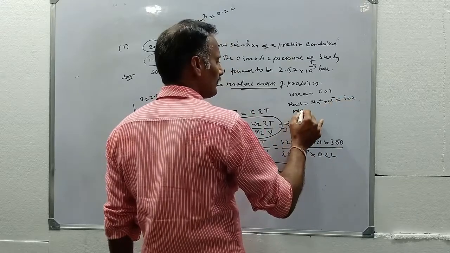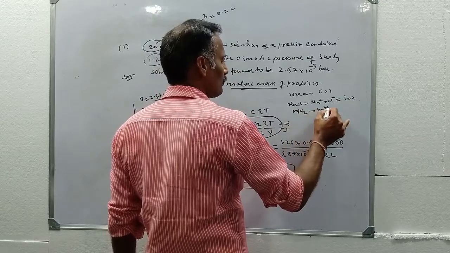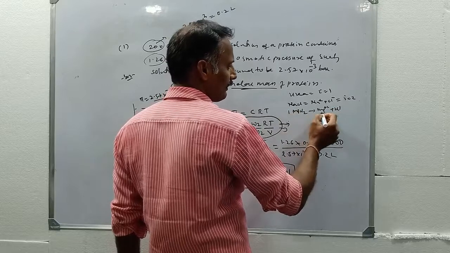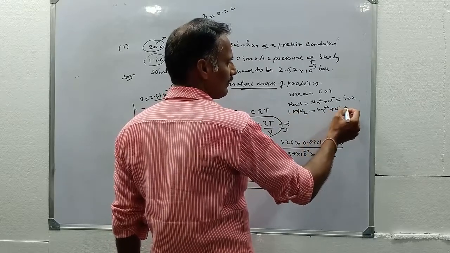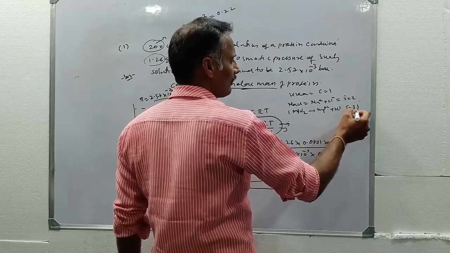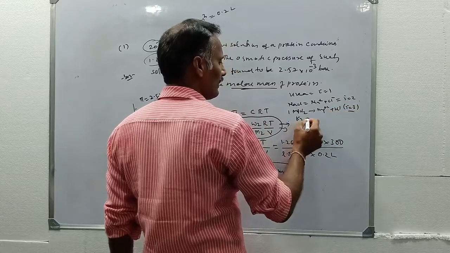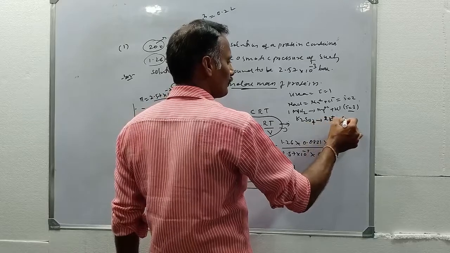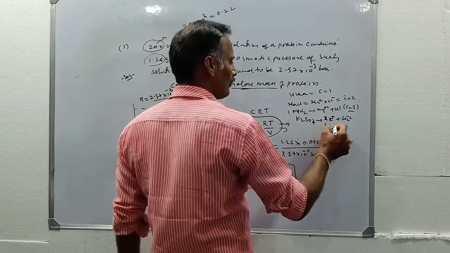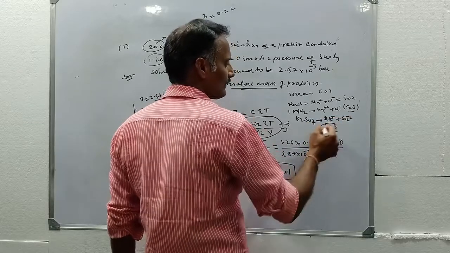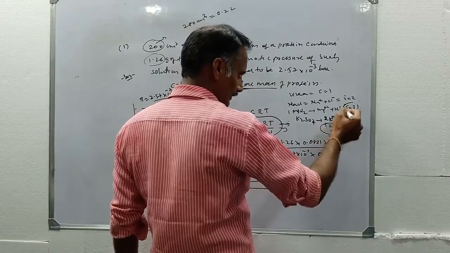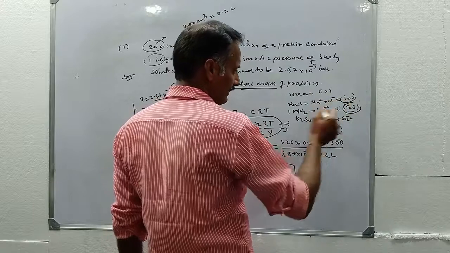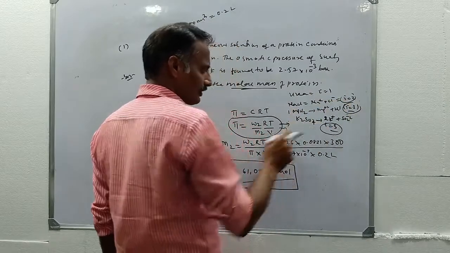Similarly, magnesium chloride gives Mg2 plus and 2 Cl minus ions. When 1 mole of MgCl2 gives 3 moles of ions, the i value equals 3. Similarly K2SO4 gives 2 K plus ions and SO4 2 minus ion, so i equals 3. This type of question is also asked in examinations: what is the i value for NaCl, MgCl2, K2SO4.